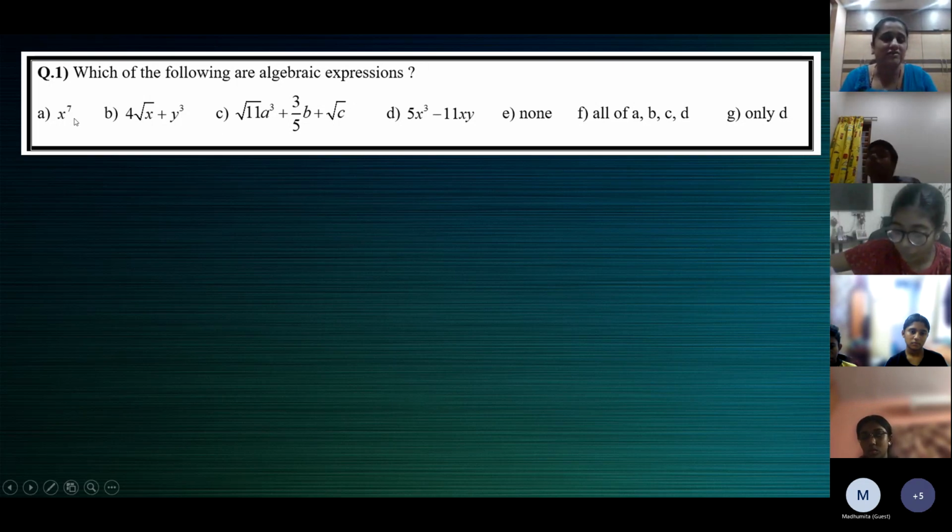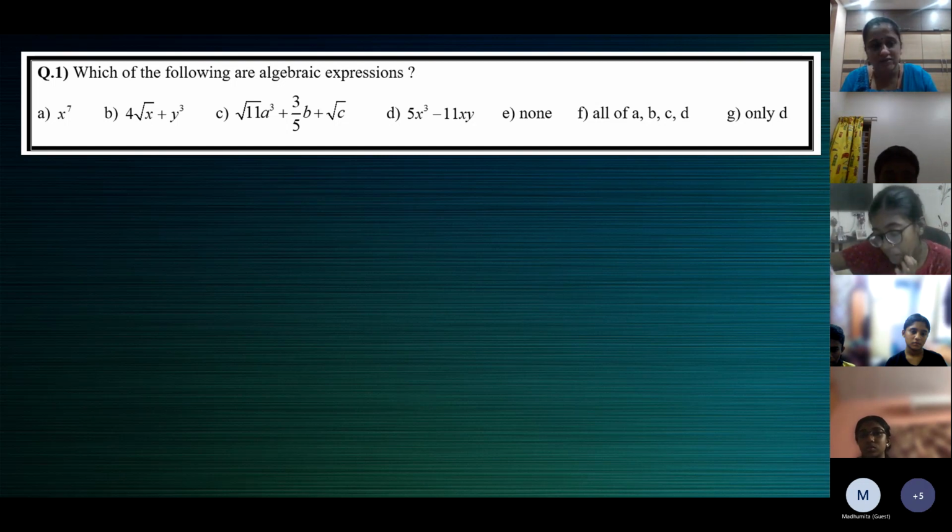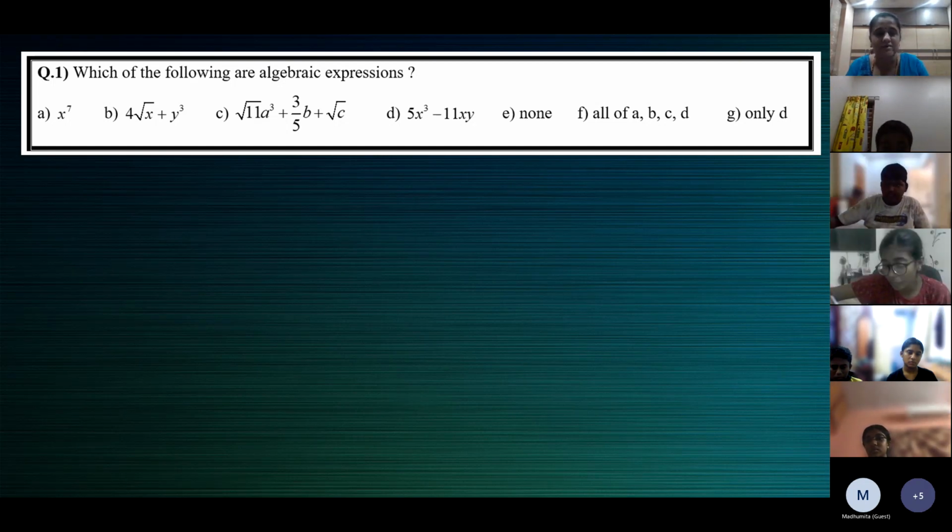So all these, A is an algebraic expression, x to the power 7 is an algebraic expression. The option in B is also an algebraic expression. The power of x is 1 by 2. It's root x. Root x meaning x to the power 1 by 2. That's okay. 4 root x plus y cubed. The powers of the variables involved can be anything. So though it is not a whole number, as it should be in the case of polynomials,